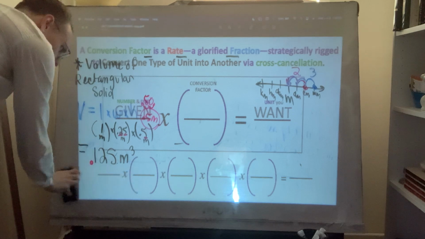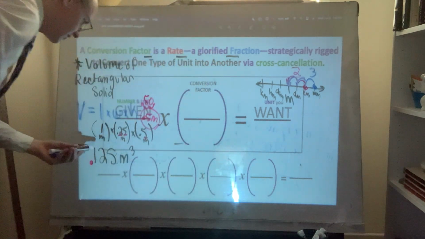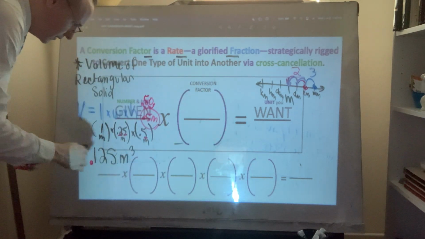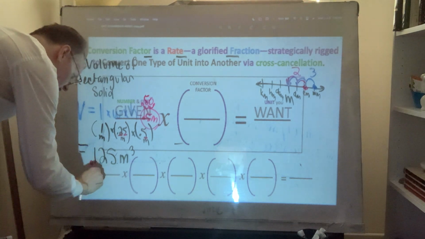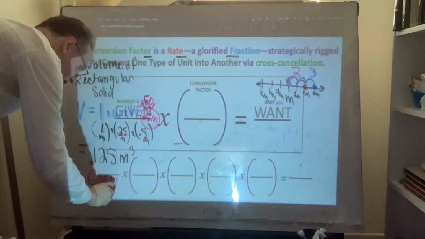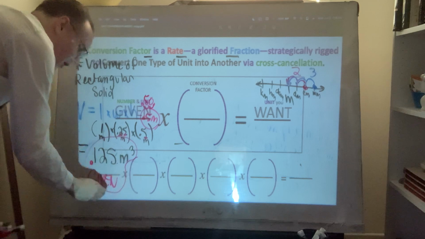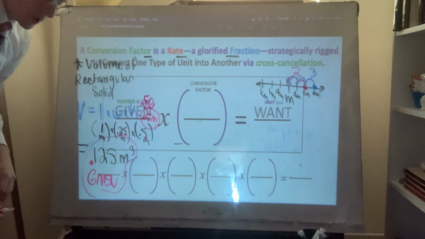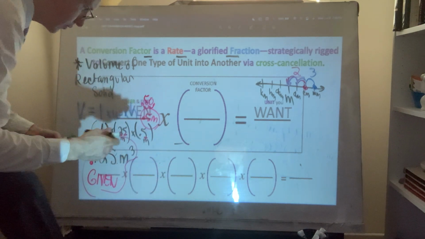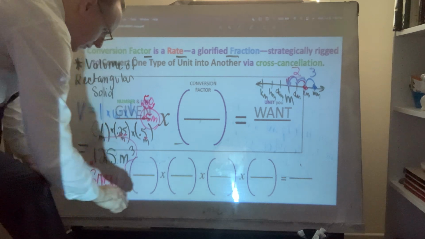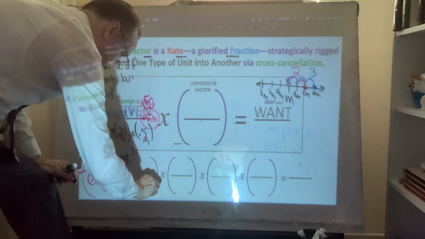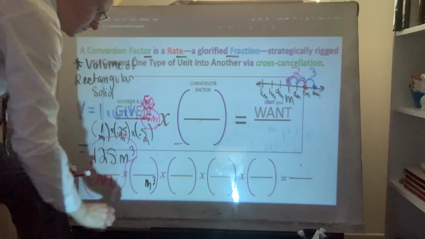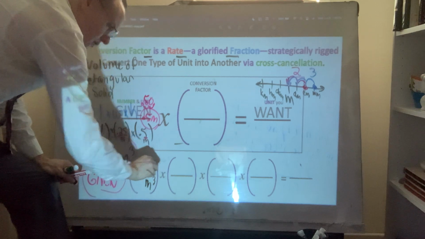Now, what is given in this case is this figure here, appropriately all the way on the very far left. And what I can convert to is I can convert cubic meters into kiloliters,